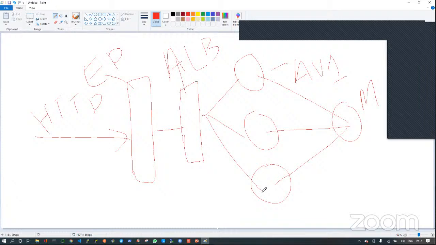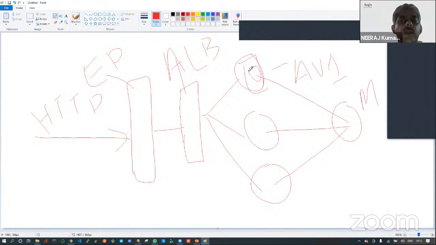Within this availability zone where your model is, there is a virtual machine, and within that virtual machine your container is running. In that container you have another layer of Nginx, Unicorn and Flask.